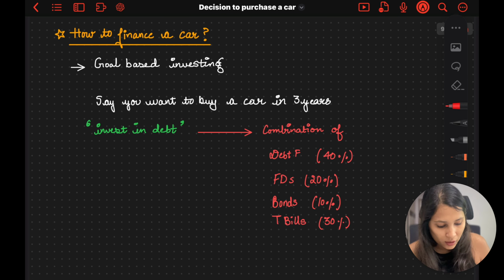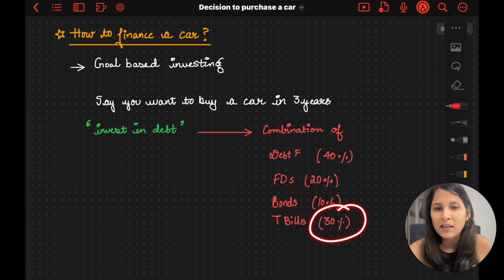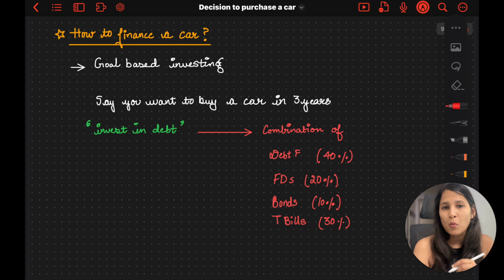For example, you can invest 40% in a debt fund. You can invest 20% in an FD. You can invest 10% in a bond and finally 30% in a T-bill, right? Now, what do I mean by that? Okay, let me show you. For example,